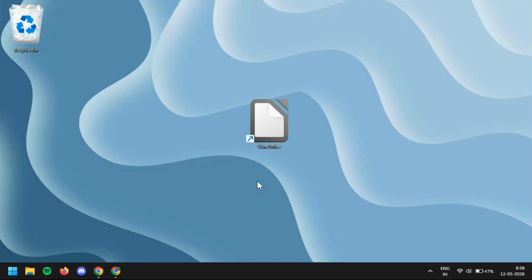If you need to add an image to a slide in LibreOffice Impress, you're in the right place. In this quick tutorial, I'll show you exactly how to insert an image into a presentation, place it on the correct slide, and adjust it so it looks clean and professional. This is a simple but very useful skill, especially if you're building a school presentation, a business deck, or any